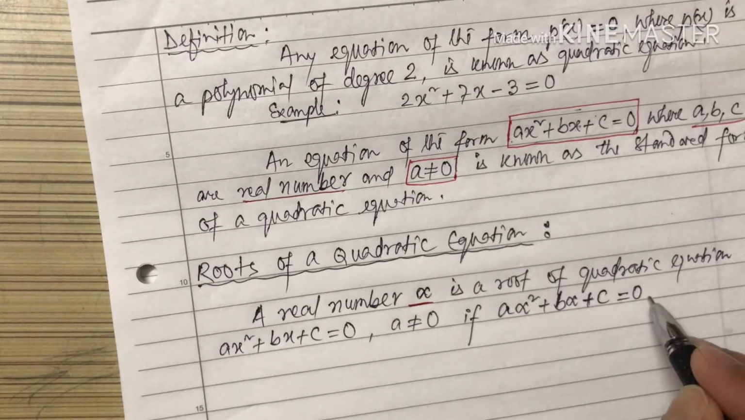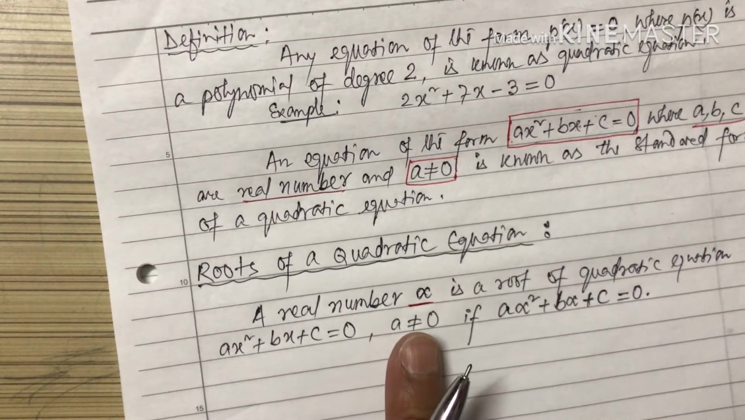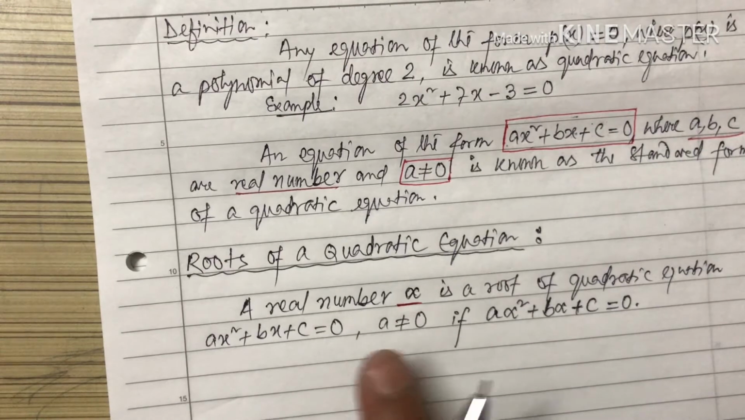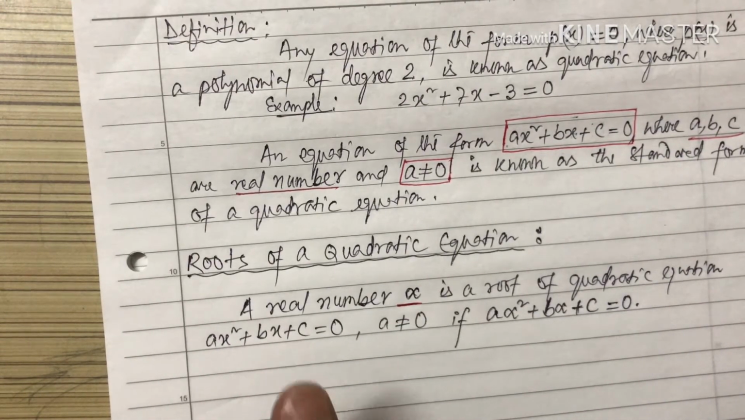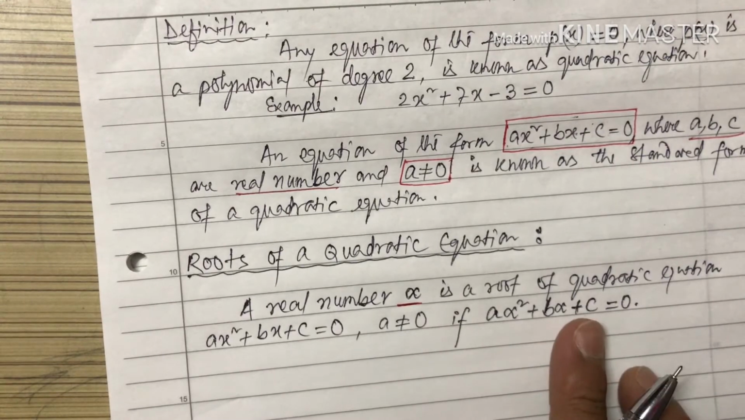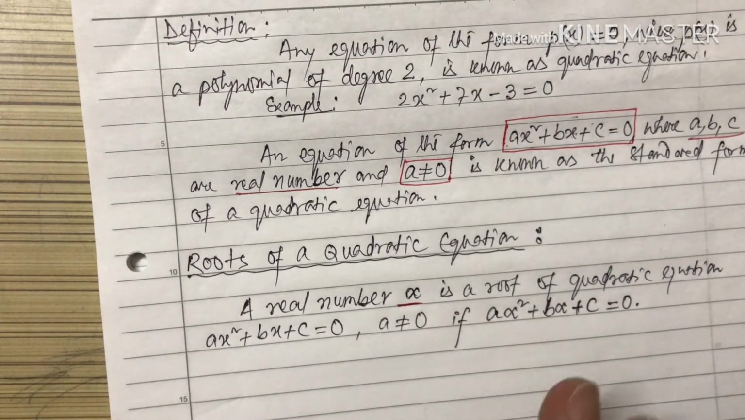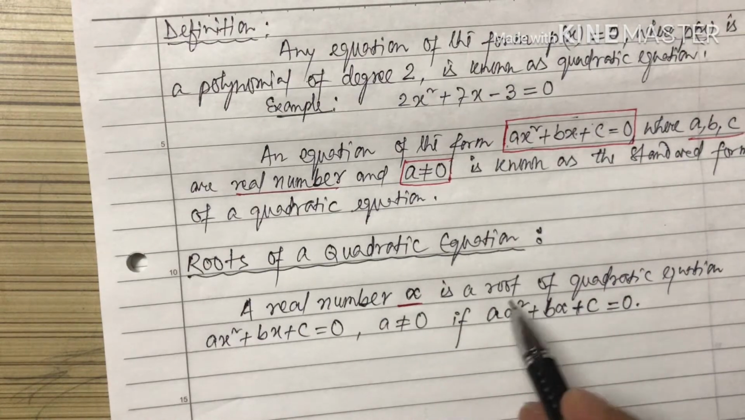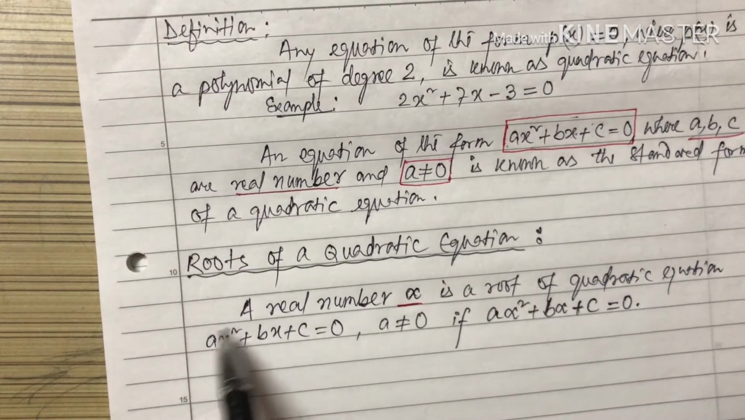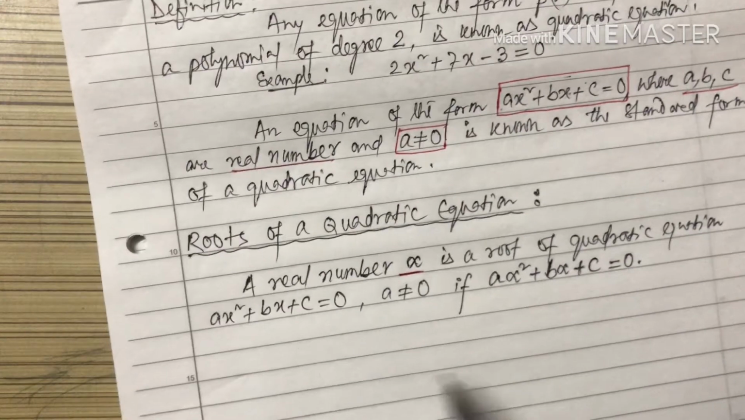Okay, so what I wrote here, when I keep this alpha in this x, I must get both sides equal. So if that is true, then we regard this alpha as a root of the quadratic equation, this equation. Okay, so we can write